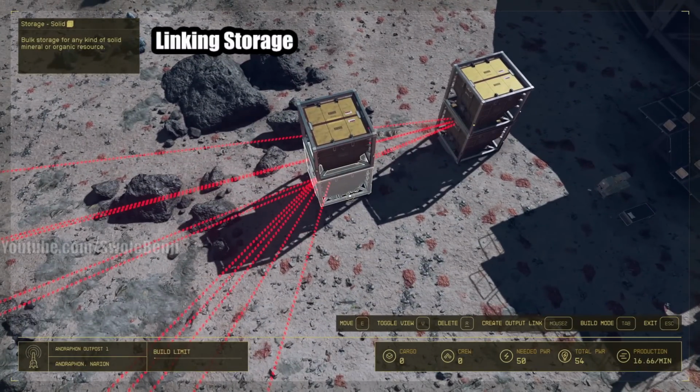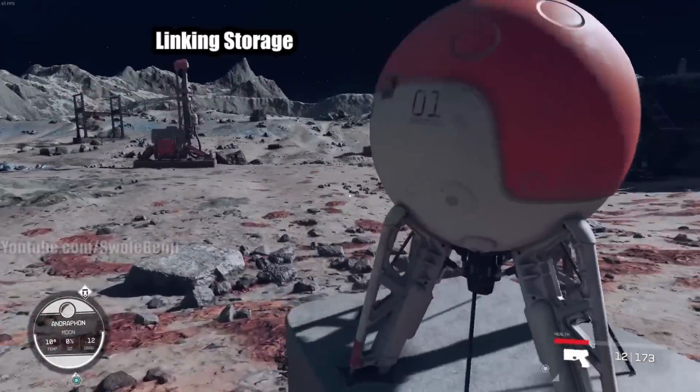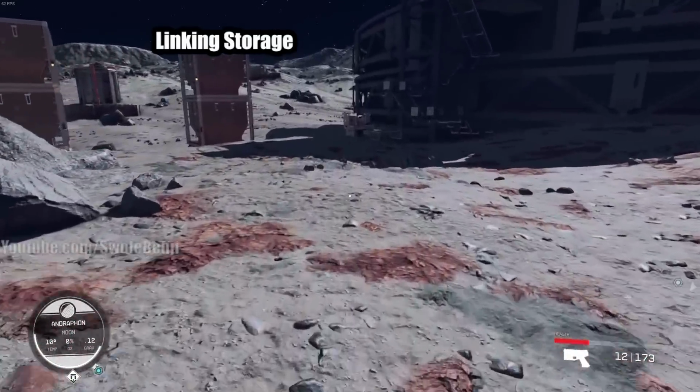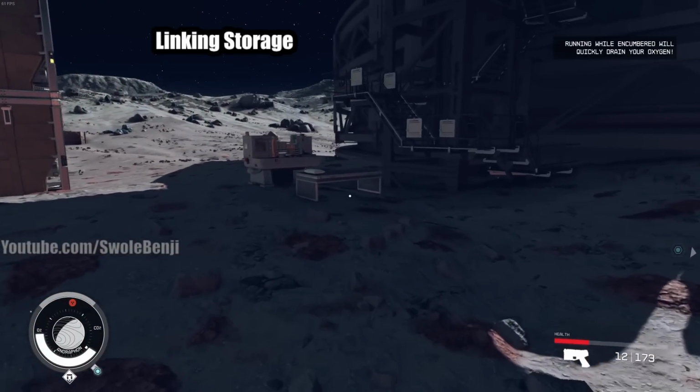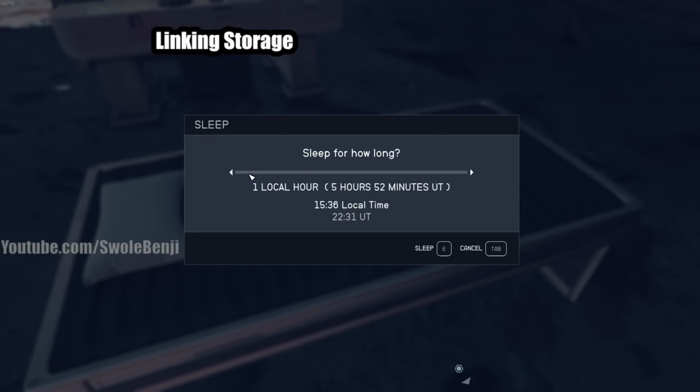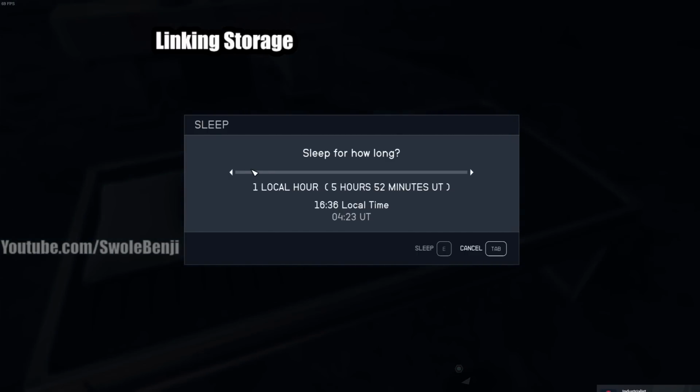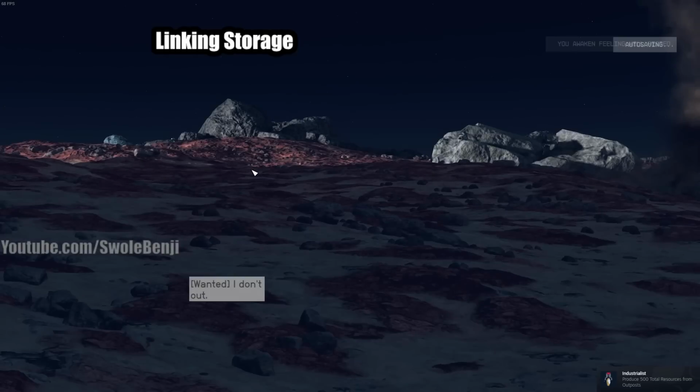So what we do now is we exit build mode, and we go over to our newly created super mega base. And then we're just going to sleep for a few hours. Just a few hours of sleep. Don't worry, nothing will kill you. You're not going to run out of air in space. Our suits are forever. And now we've produced...